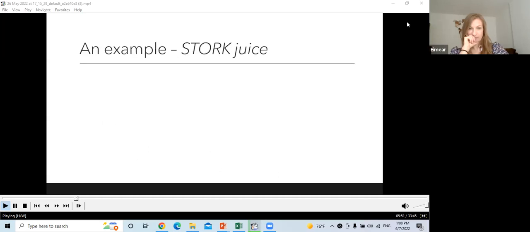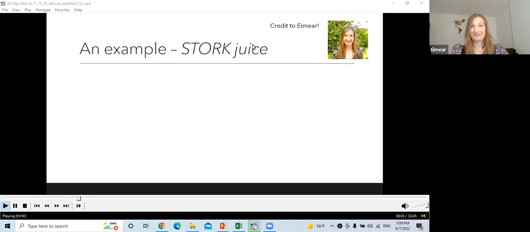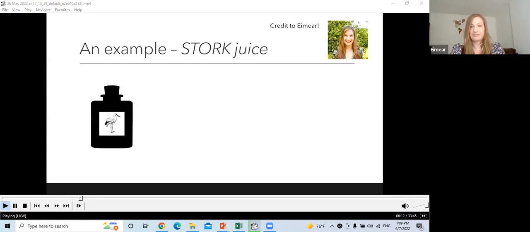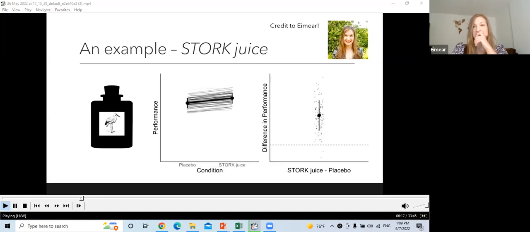So I'm going to use a toy example throughout this, and that example is STORK juice. So it's this wonderful new supplement that is shown to be really effective and wonderful. And I give credit to Amy for this idea of STORK juice, because she mentioned it once in I can't even remember what context now, but it stuck with me, and I thought, right, I'm stealing that example to use for this. So we've got STORK juice, and STORK juice has been shown to have really good effects on performance, and you can define performance however you want, but we're going to talk in generalities here to highlight the example.